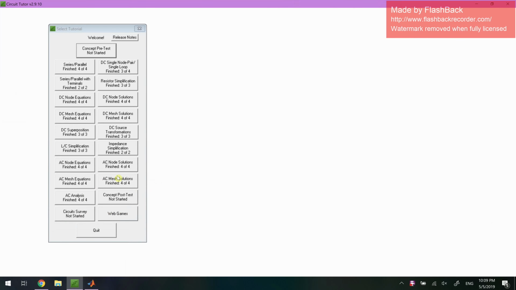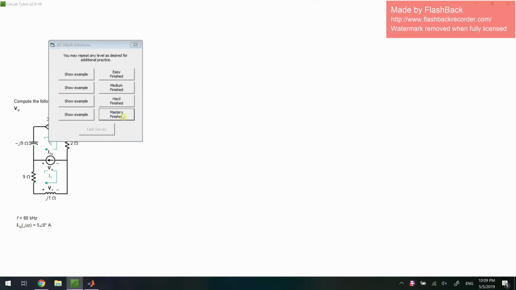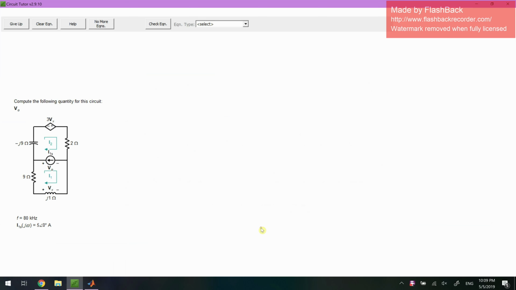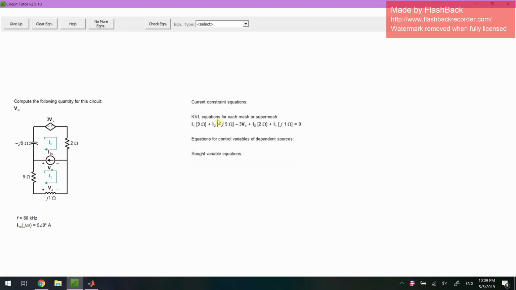Alright, so this is a tutorial on how to do AC mesh equations in Circuit Tutor. I'll be doing a mastery level problem in hopes that this will address any issues that you could run into on an easier level. So we always start with our current constraint equations, and we can see that there is